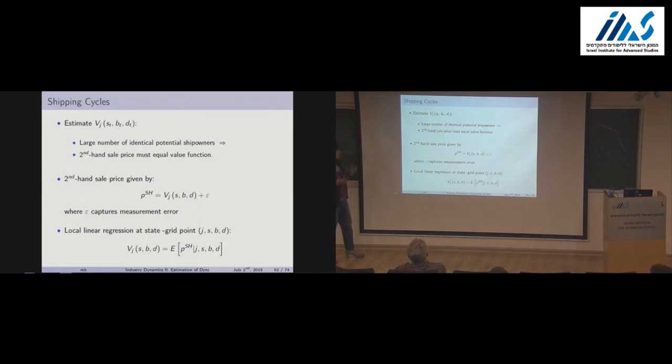So to estimate the value function, I'm going to use these second-hand prices, and basically I'm going to say that under these strong assumptions, these resale prices are equal to the value functions, and there's only measurement error left. So ideally, I would want this regression to perform really, really well. Right? So there's nothing else that I'm losing inside this state that determines resale prices. But once I make this assumption, this essentially becomes a non-parametric regression. I'm going to take my resale prices and just regress them on ages and the ship age and the aggregate